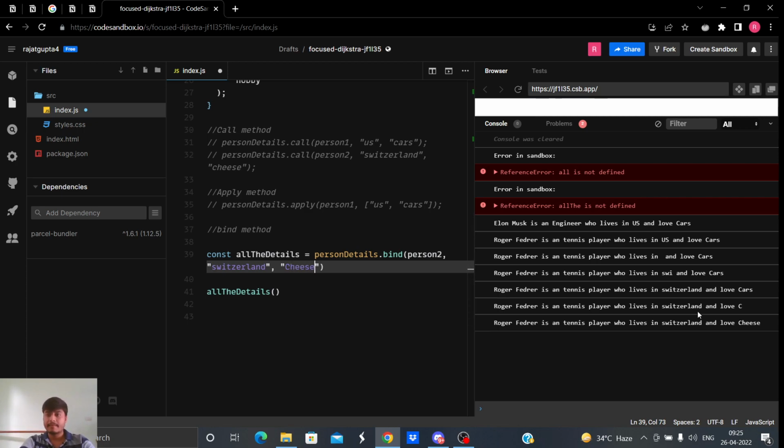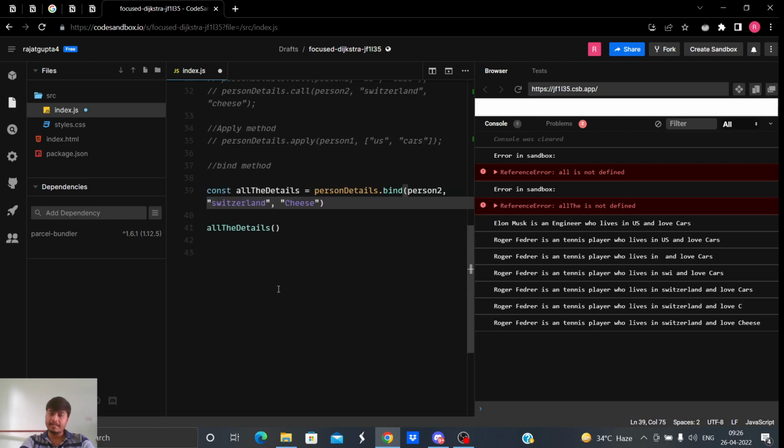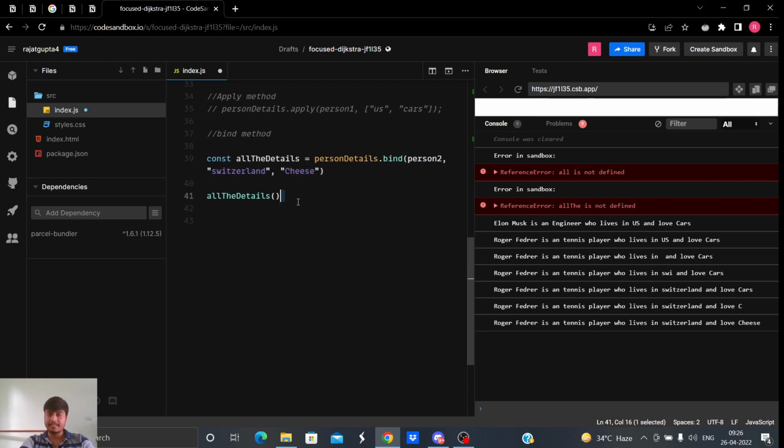See, Roger Federer. So here a copy of this person details is being provided so that we can call it at any stage. But one thing to note is that this person details is bound with person 2 only, so whenever we call it, we are calling it with reference to person 2 only.